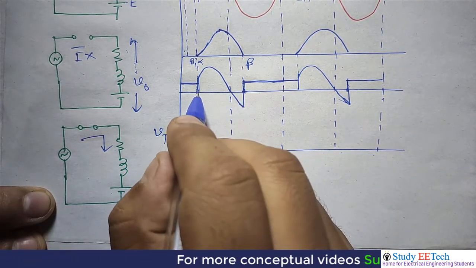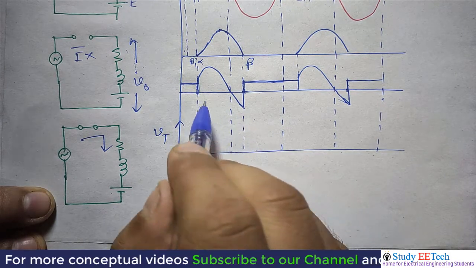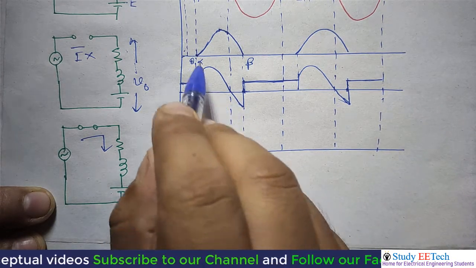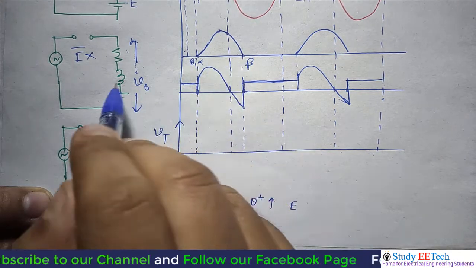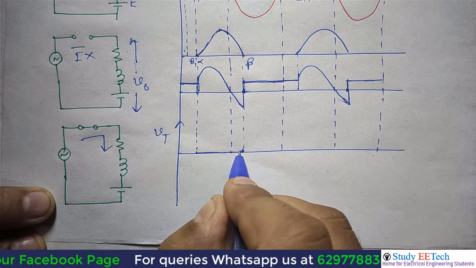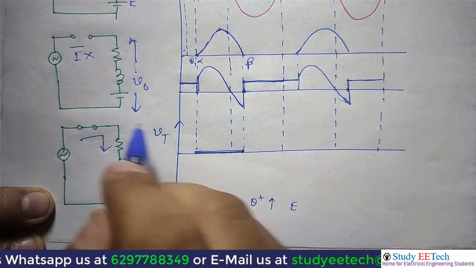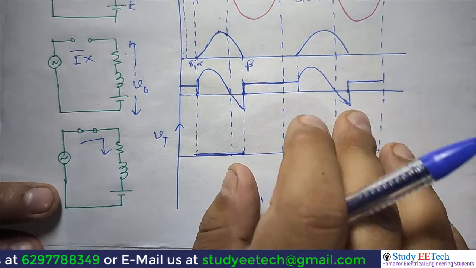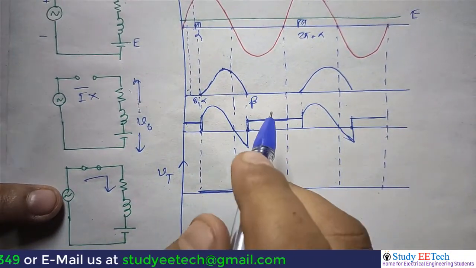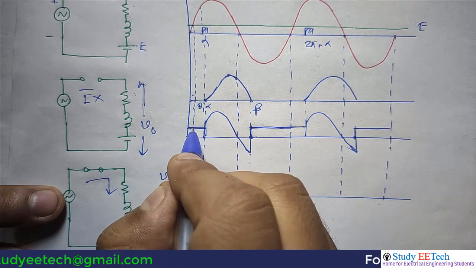From this point on, the concept is clear that in the zone where the thyristor is conducting, from alpha to beta, the voltage across the device will be 0. So here it will be 0, there is no doubt. When the thyristor is not conducting, some voltage will appear across it, and we will check what voltage is appearing across it. Well, let us say we have to mention this point.